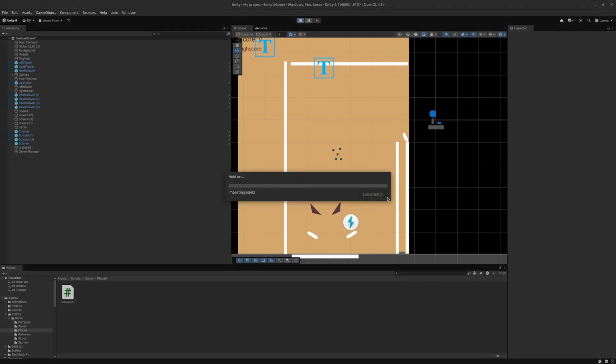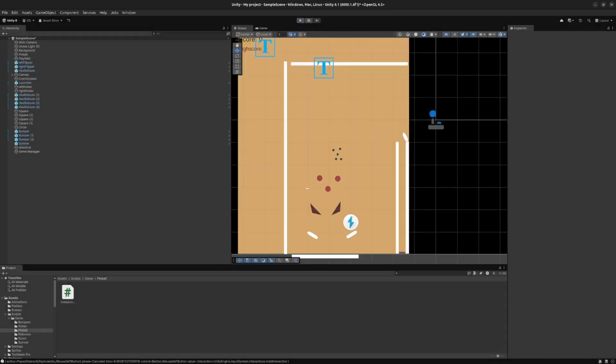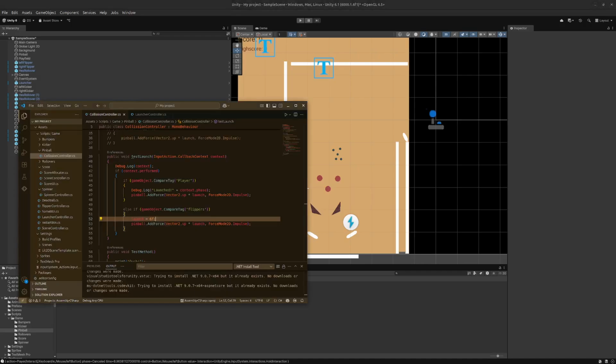So launch should be different from. No, it just changes it all over. Okay. So probably, no, I would need either a new script or I do it within this collision controller for pinball.